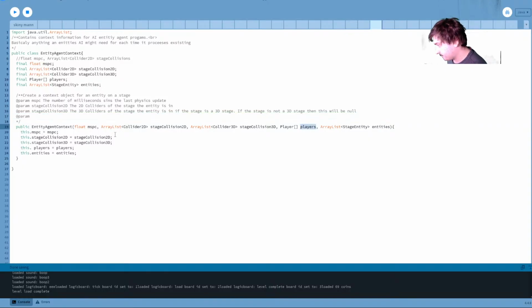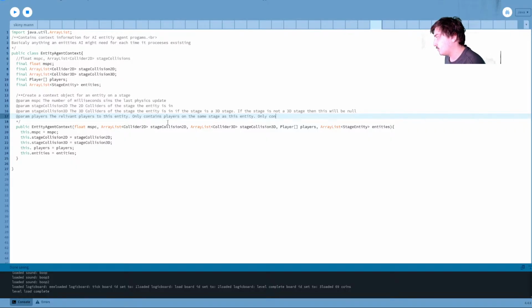And relevant players to this entity. Yes, actually this will only contain players on the same stage as this entity.